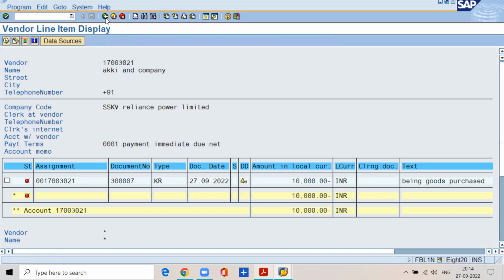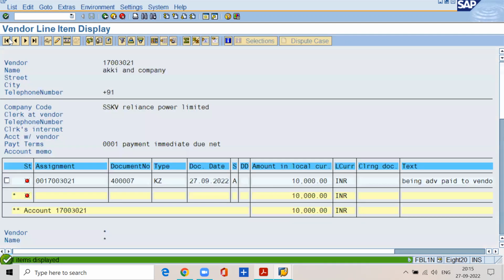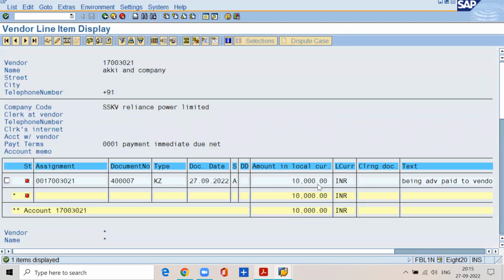Now click on back arrow. Deselect the normal items and select a special GL transactions. Right? Then click on execute. See, under the special GL, there is one debit to open it. Okay. This is the meaning that SAP displays the line items separately for normal business transactions and special business transactions. Right? Then, even if you go to account balances,